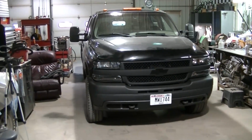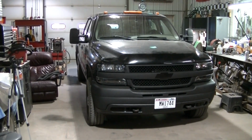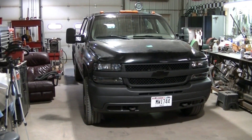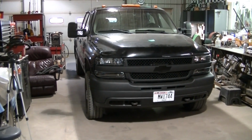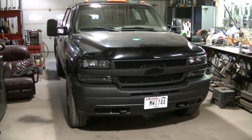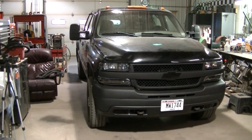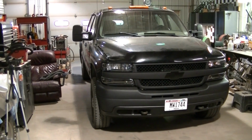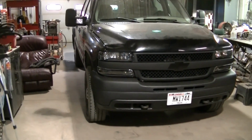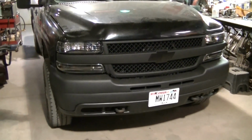Okay guys, the 2500 HD is running a lot better. ABS problem is fixed. Now we're going to be adding some lights to this truck. That was one of the reasons for the project name Midnight. I'm going to be adding quite a few lights to this thing actually. And the first one that's going to be going on is